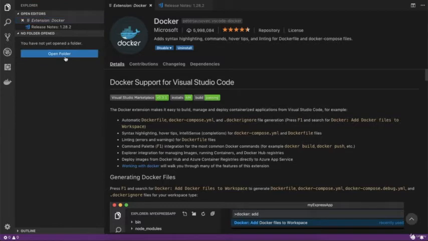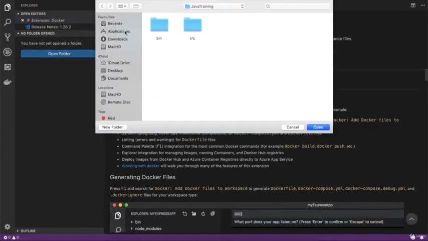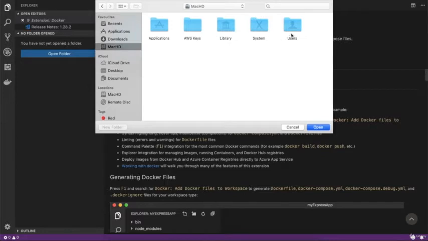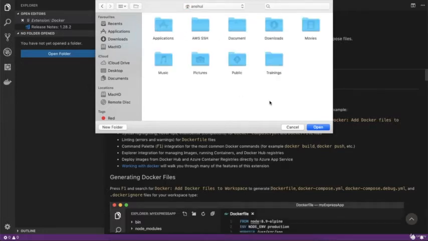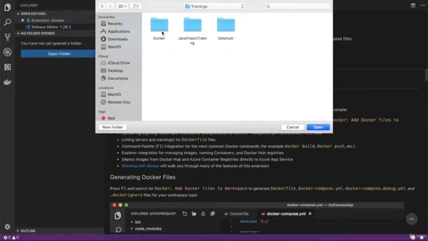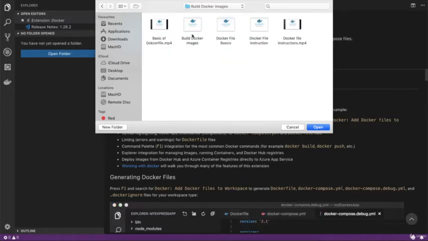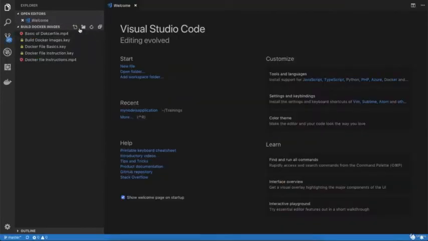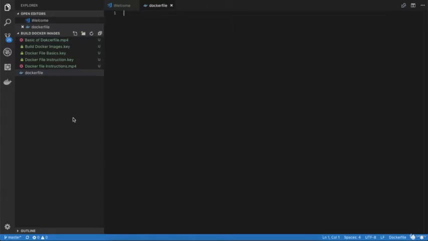So I will open up the folder and I will go to any directory on my machine. So suppose I will go to users, my directory, and over here I will go to training, I will go to Docker and build Docker images. So suppose this is the directory where I want to create my Dockerfile. Over here, I will click this particular link, new file, and I will create my Dockerfile. So I will mention Dockerfile, hit enter. So you can see, as I mentioned the Dockerfile, a Docker icon is being presented over here, right?